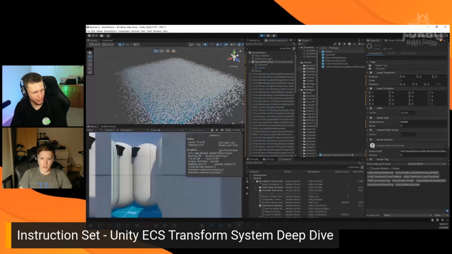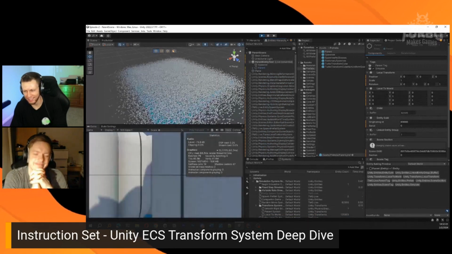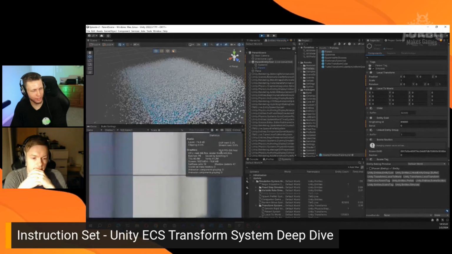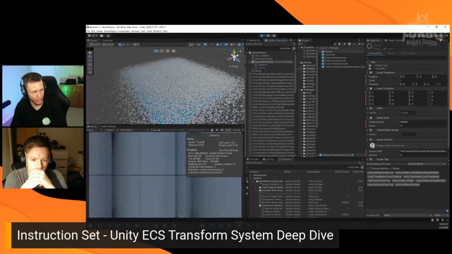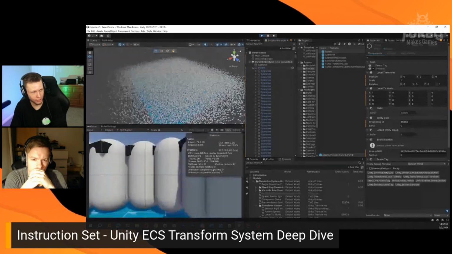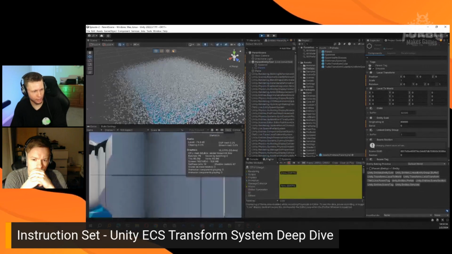But oh my gosh, look at this. We're down to 15 frames per second now. So we have absolutely cut our performance to just a fraction of what we had before, just by simply putting all these spawnees under the parent. So the reason for that, if we take a look at our profiler here,